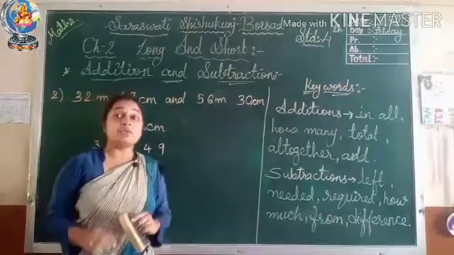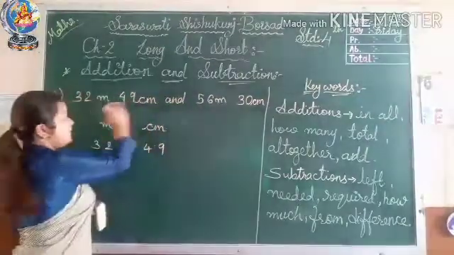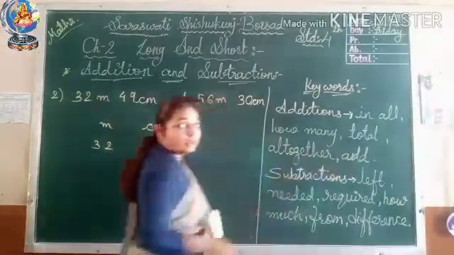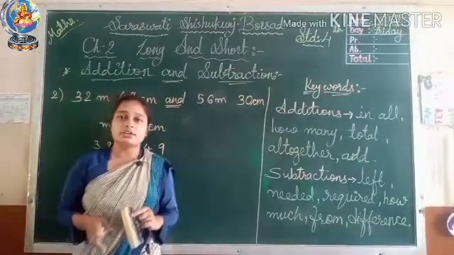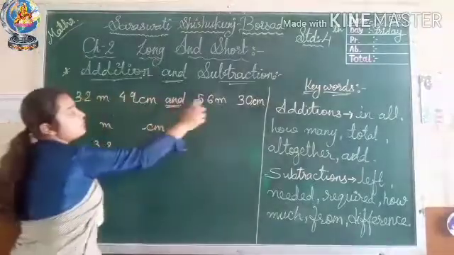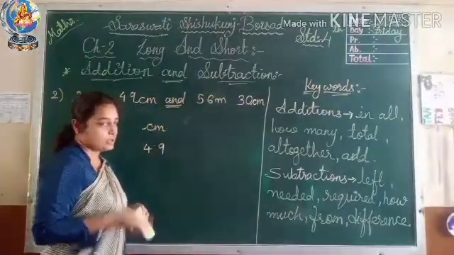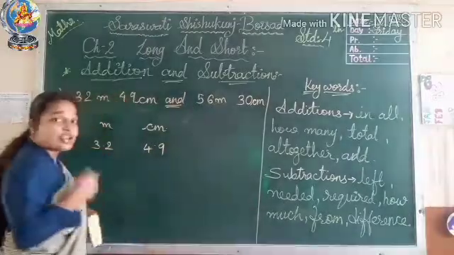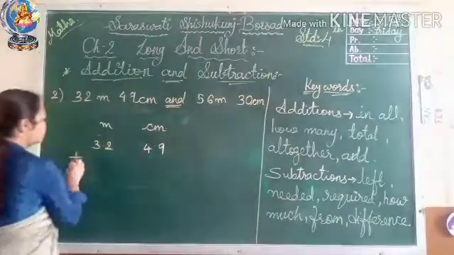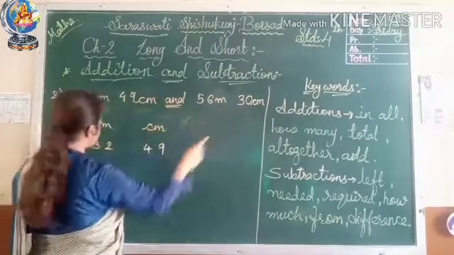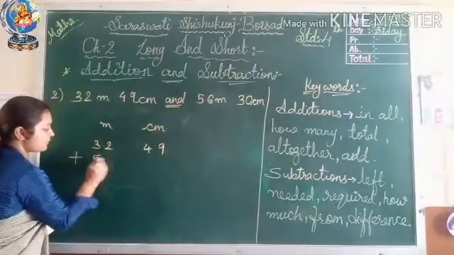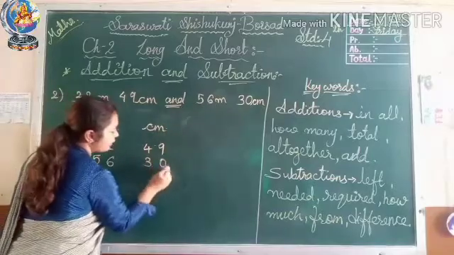One more thing is that if you write any of the numbers first, okay, you can see that this is the keyword which we have already seen here. I said you that you can change the sequence in the additions. This is the property of additions, that any of these you can write first, you will get the same answer. But in subtraction you can't do that. I will talk with you later on when we do the subtraction sums. Okay, so A for AND, A for addition, remember that. So we will keep here plus sign. 56 meter, so 56 will be here, 30 will go under 49.